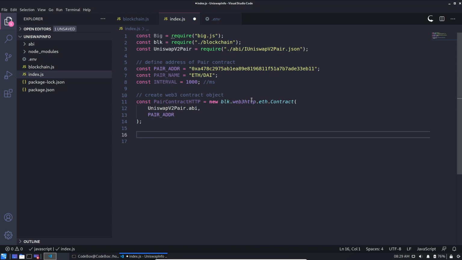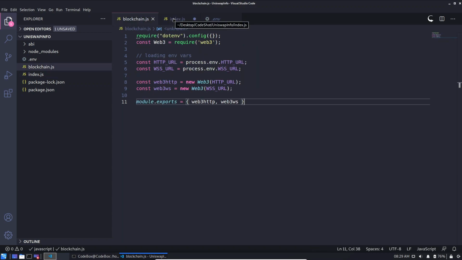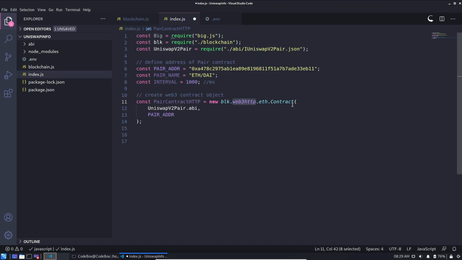So this is just the Web3 HTTP provider that we declared in the blockchain.js file, and we are just creating the contract object. We are passing the API of that pair contract and the address of the pair contract, which is the DAI-ETH pair. So we'll write most of our main logic in this main function.